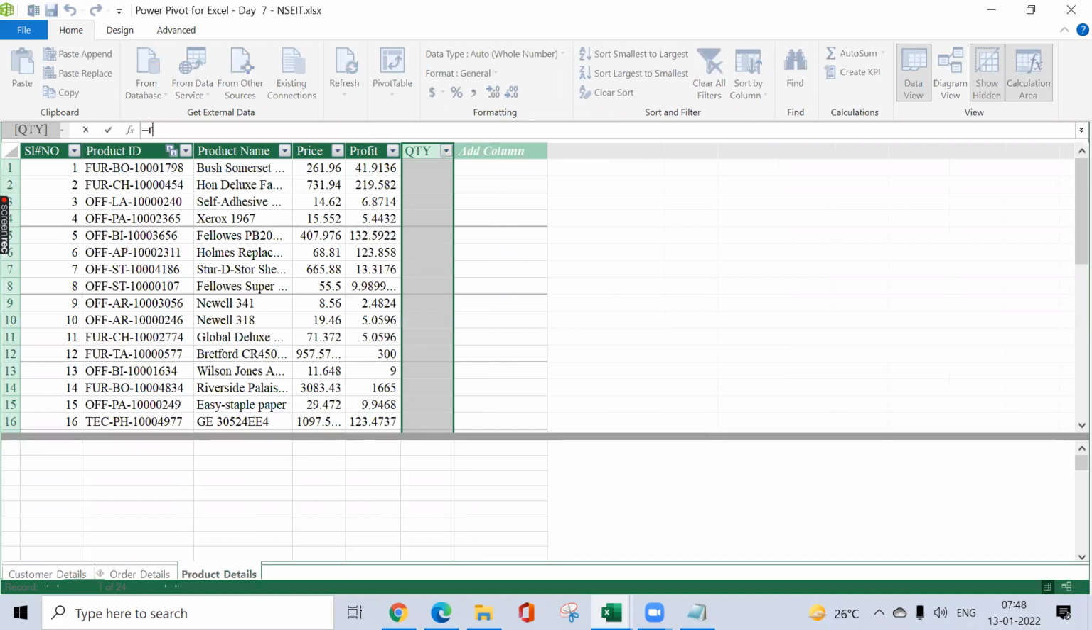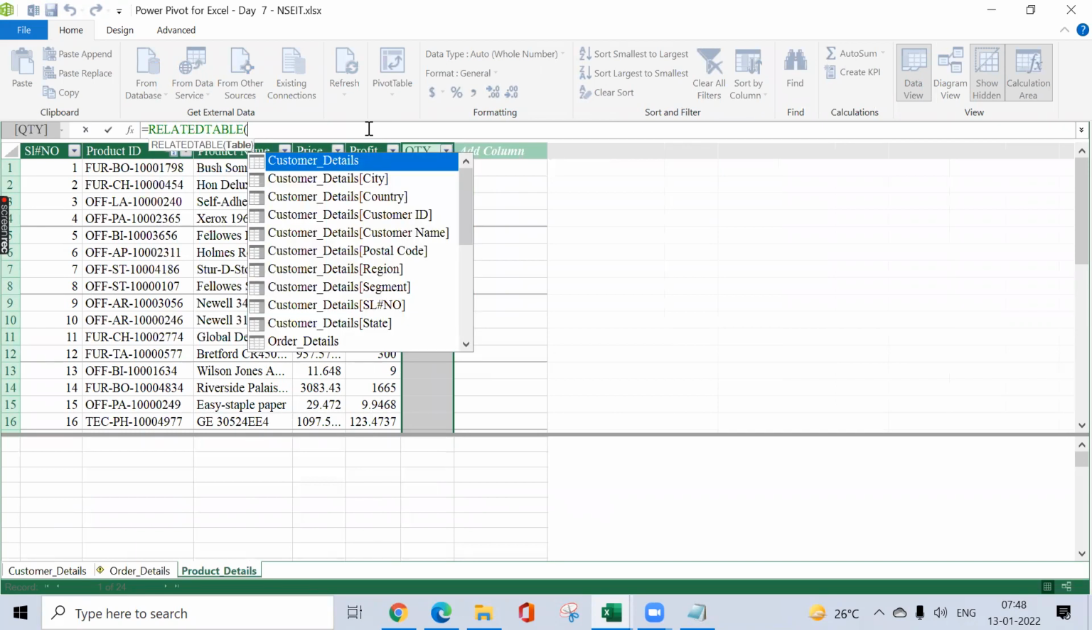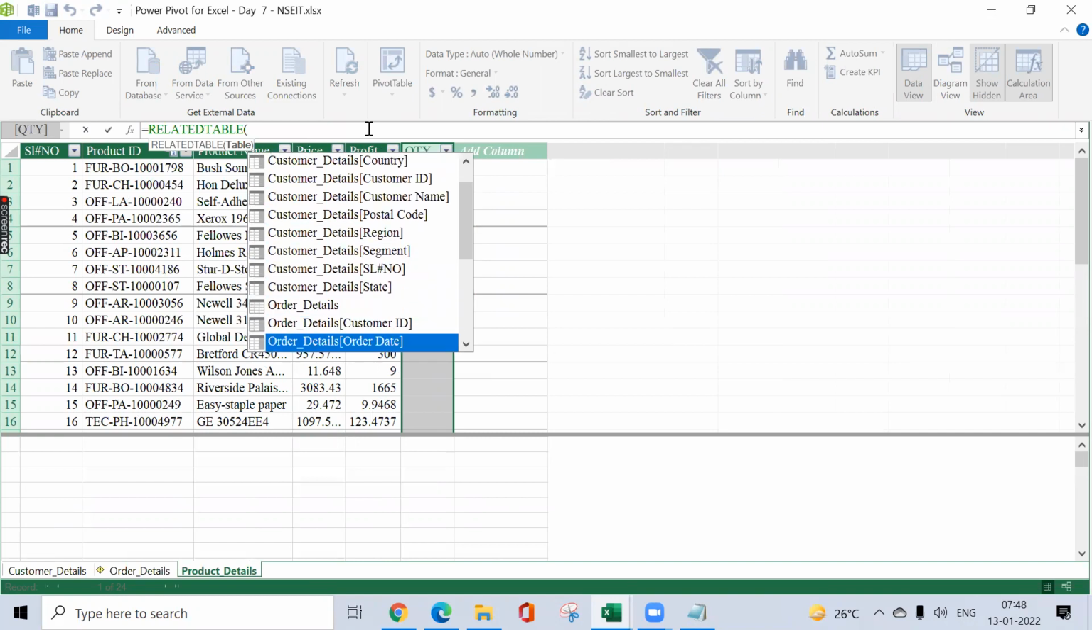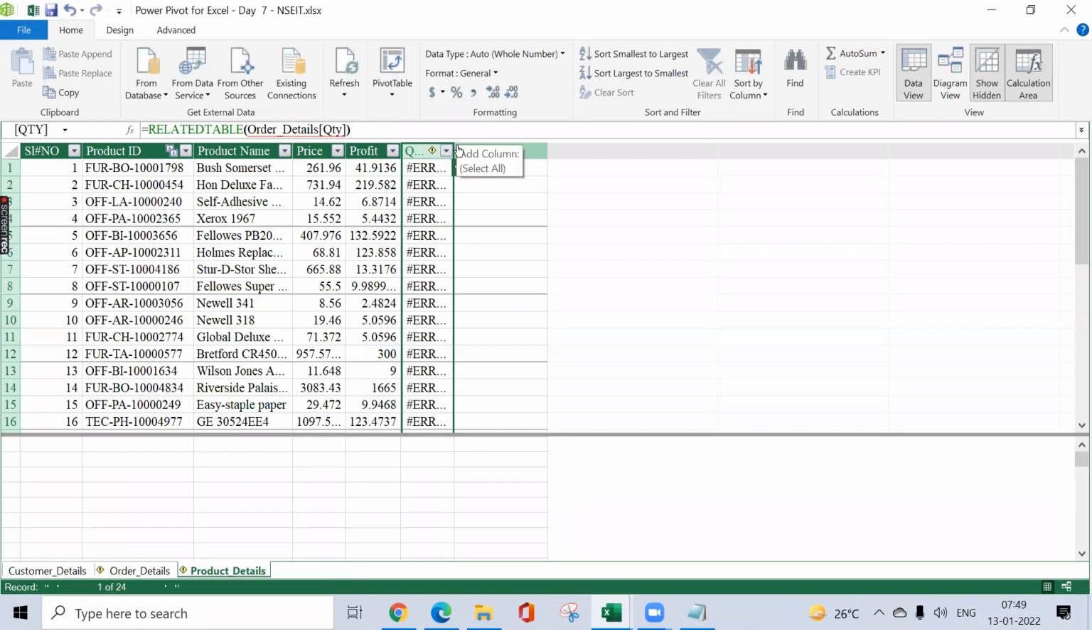Okay, I'm going with the related table. This is a function, as I said, related table. I'm going to bring my quantity column, order quantity. I'm trying to bring it here. Now some error occurs. Maybe I'm missing some relationship here. That is why it is not